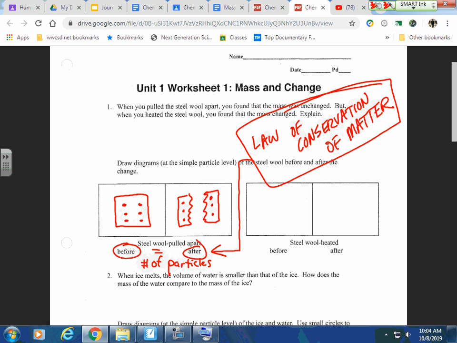So what that means is if I've got my steel wool beforehand, like this, and maybe I draw 4 particles, okay, and then here at the end, I want to show that it gained. I still have to have those 4 particles, but if we're going to say that oxygen joined in this change,